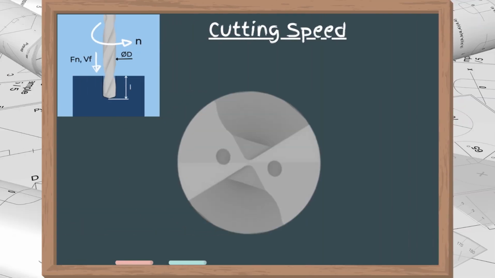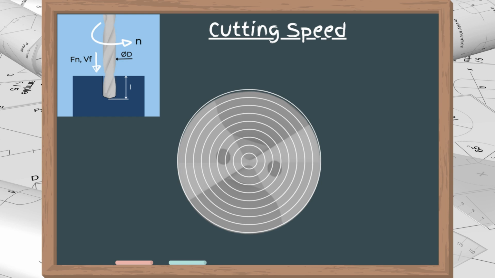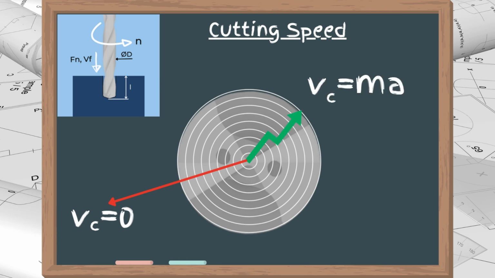At each point on the drill's tip, the cutting speed is the product of the rotation speed of the drill by the circumference at that specific point. In the drill's center, the cutting speed is always 0, and it increases gradually as you get further away from the center. Therefore, in drilling, the term cutting speed refers to the maximum cutting speed that occurs at the outer